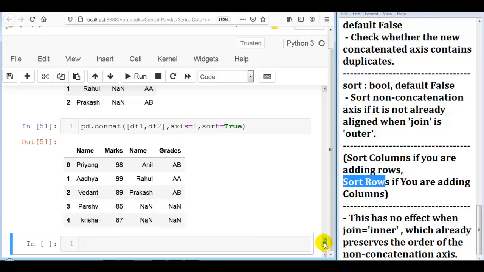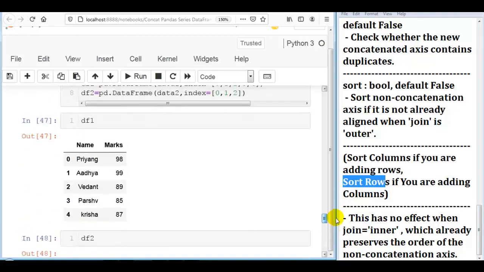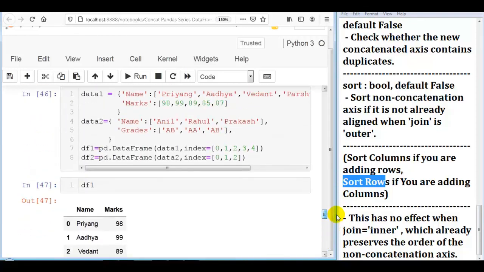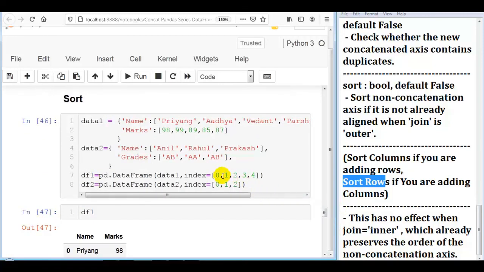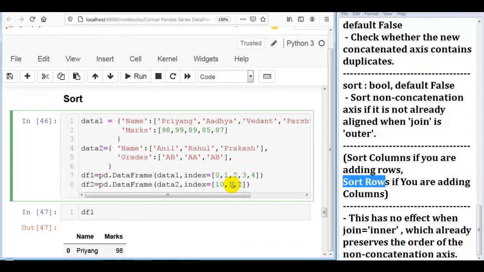So in our data frames, these indices are already in sorted form. So let me change this: 10, 13 and 21. So 2, 1, 4, 5 and 9. So let me execute this cell.